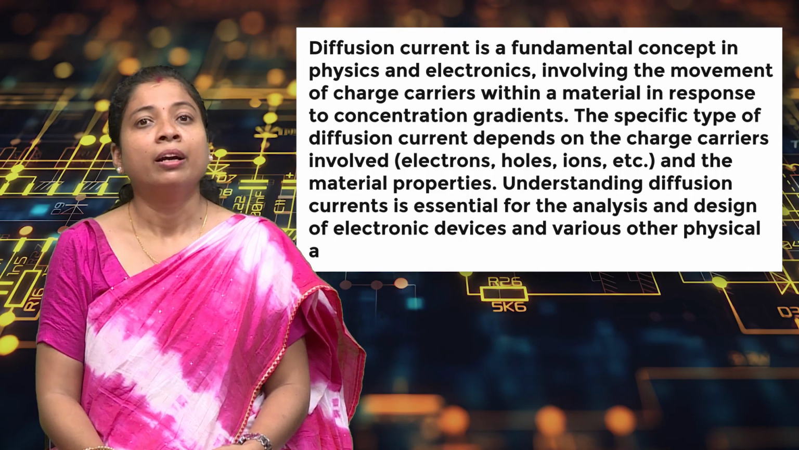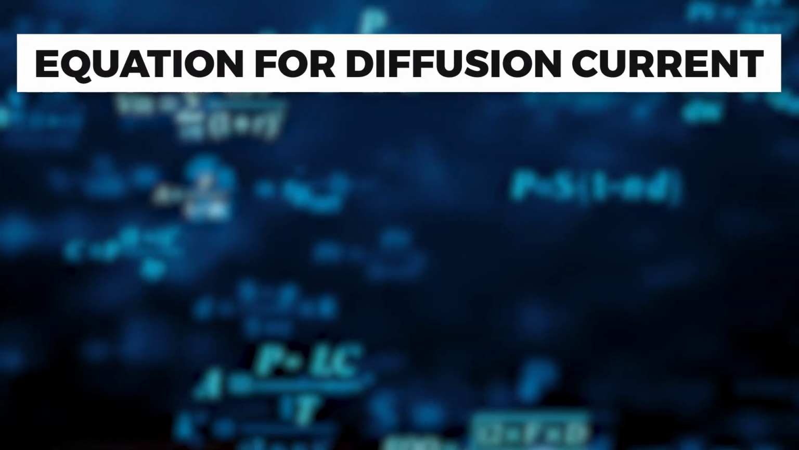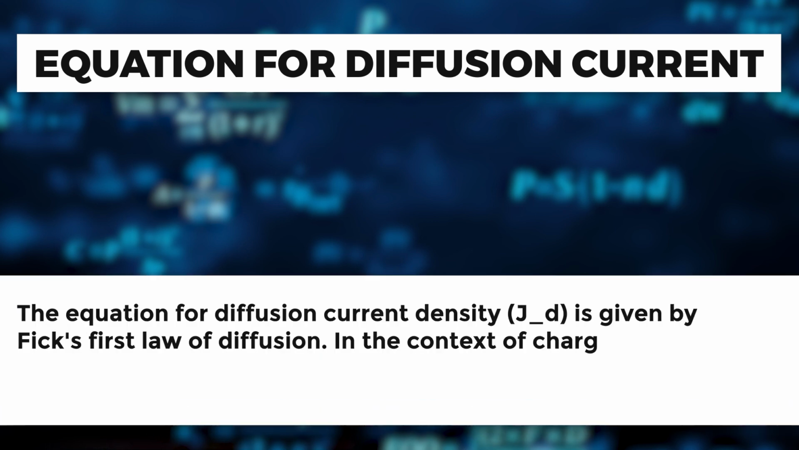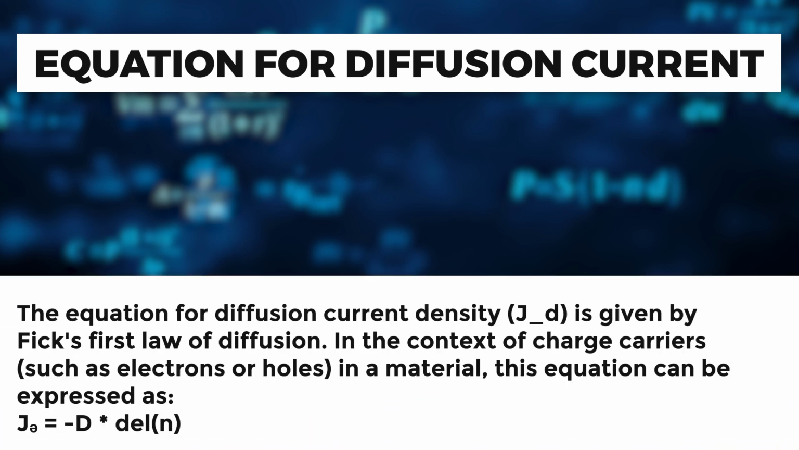and chemical processes. Now the topic is the equation for the diffusion current. The equation for diffusion current density is given by Fick's first law of diffusion. In the context of charge carriers, which may be electrons or holes in a material, this equation can be expressed as